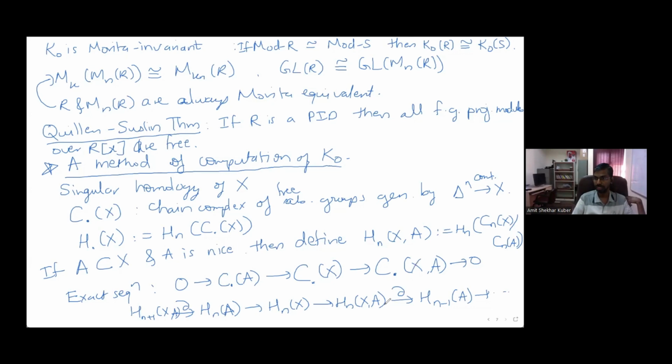This is nice because now suppose you know that this particular map is an isomorphism and this is 0. If this is 0 and this is 0, then you know that these two are isomorphic. So locally you can do lots of computations. Computations of homology groups is possible because of this nice long exact sequence, and the existence of this long exact sequence is also one of the Eilenberg-Steenrod axioms